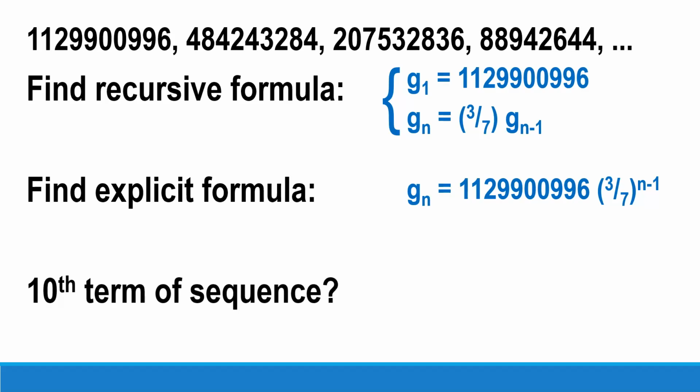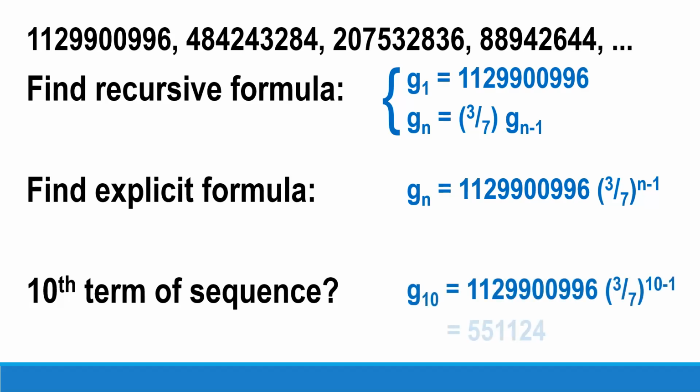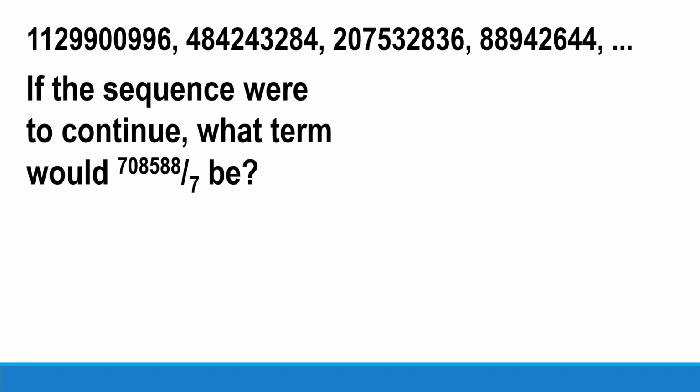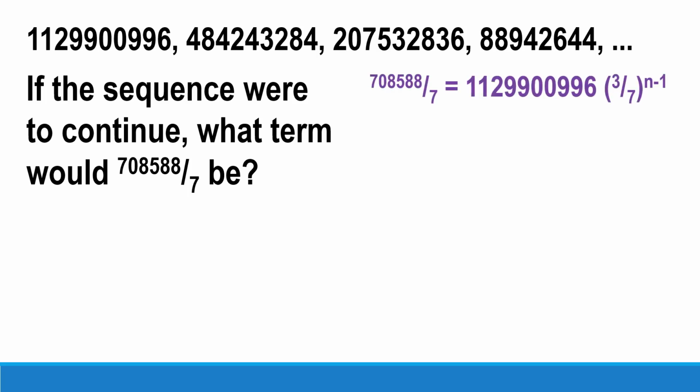So when I figure out the 10th term, I would probably go explicitly, stick in 10 into the value, and I would realize that I would come up with a number of 551,124. And if I were to continue that sequence until I found a term that was 708,588 over 7 and wanted to know what term that was, I might set it up where that value equaled the explicit formula, or first term times 3/7 raised to the n minus 1, divide both sides by the first term,